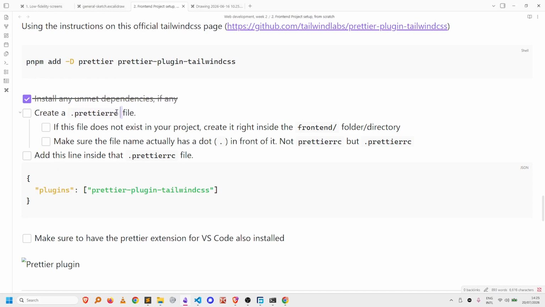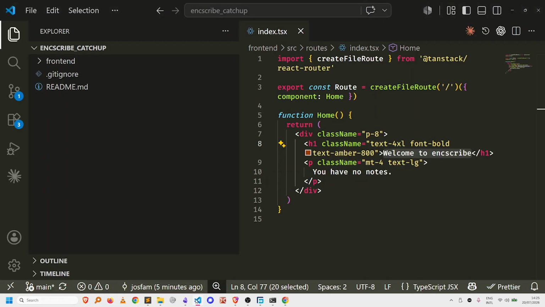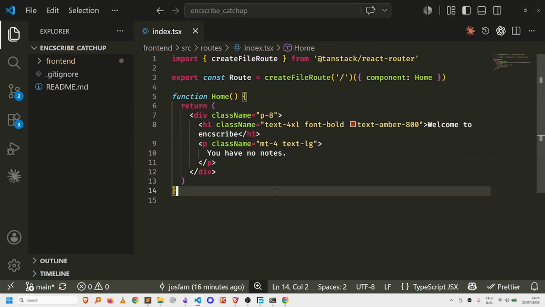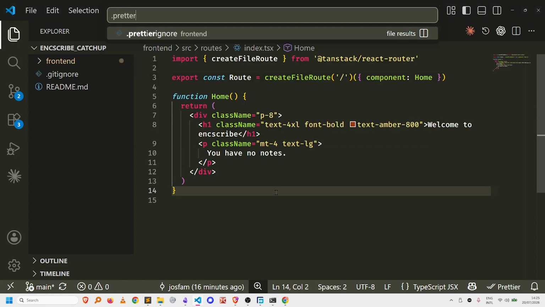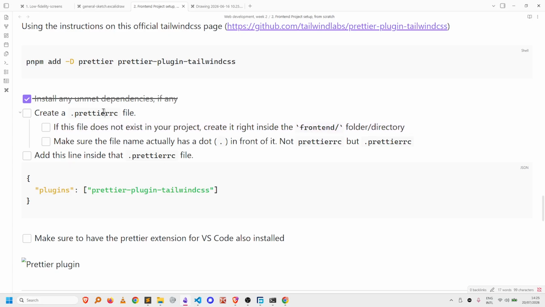We need to create a file. There's a dot at the beginning, okay? There's a dot prettier RC file in our repository, in the front end folder. It doesn't exist yet. As you can see, if the file does not exist in your project, create it right inside the front end directory. We can check that the file exists by Control P, dot prettier. No, we have prettier ignore, but we don't have prettier RC. So I'm going to create that file